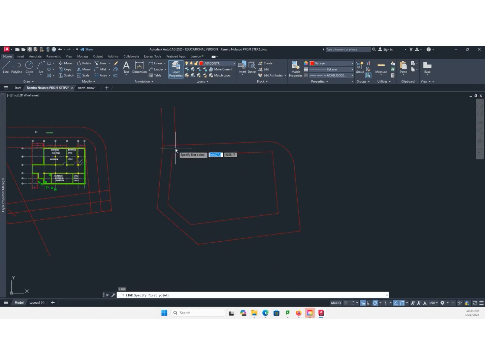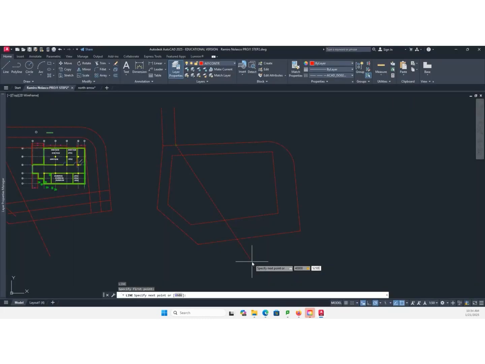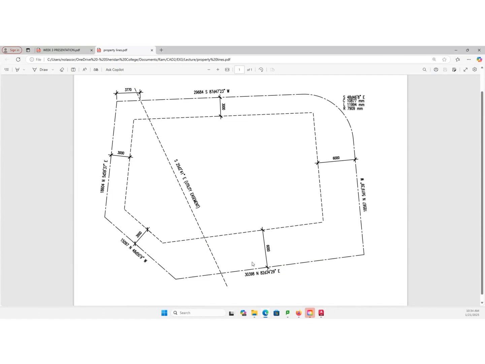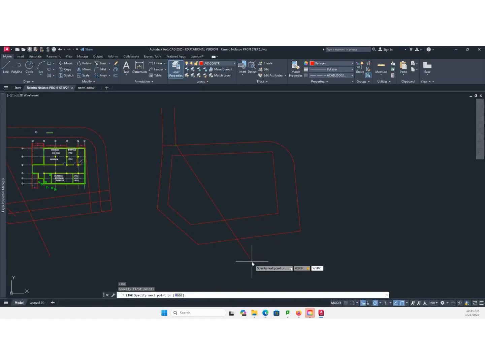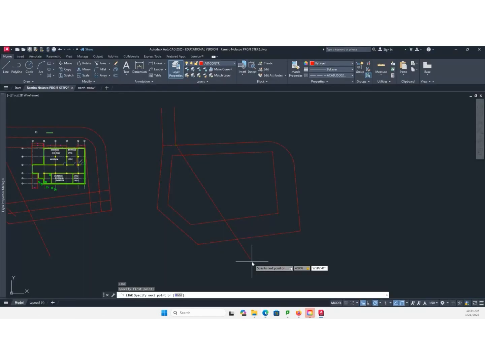Okay, again, 40,000. Okay, less than symbol, south, 25 degrees, 2 minutes, 41 seconds, east. Okay. There you go.